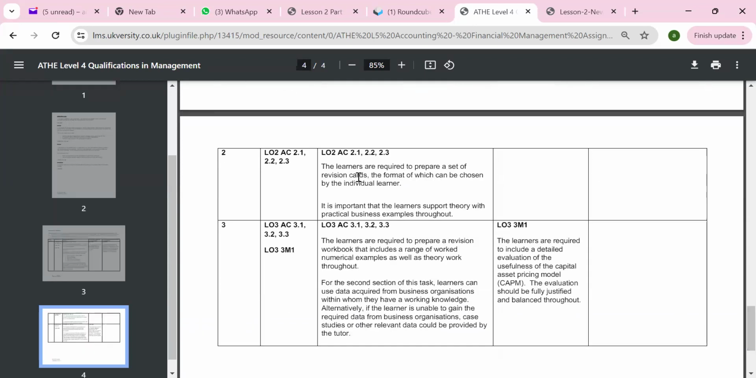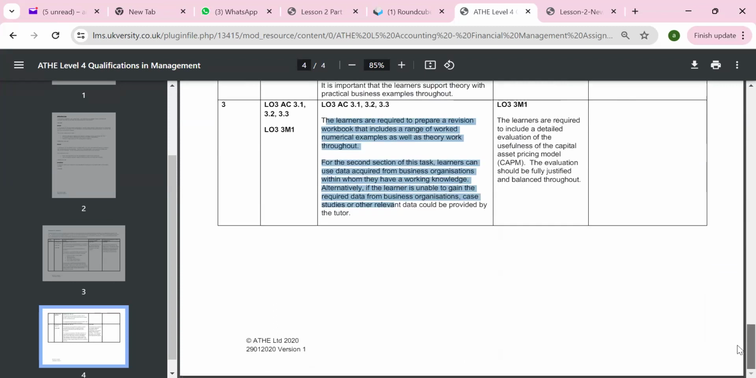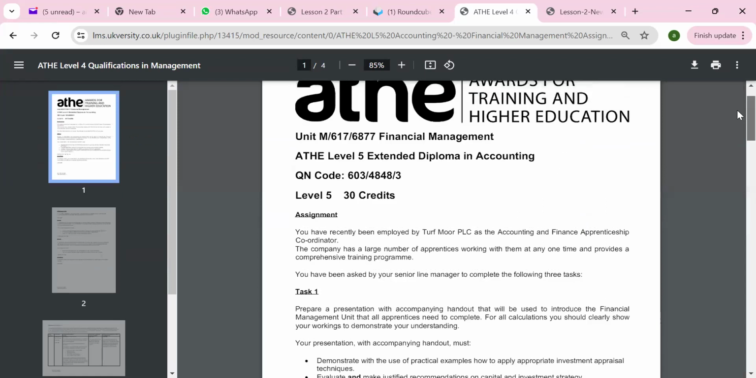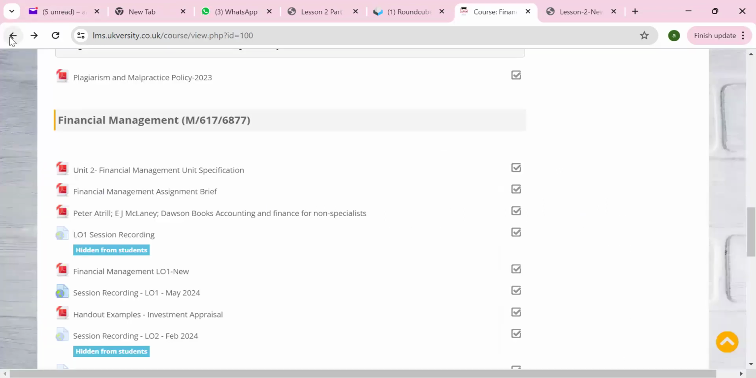In LO2, the learner is required to be supported throughout by business examples. In LO3, you can look at different sources of finance with cost and benefit examples. If you include these, you're meeting the assessment criteria. That's all about the assignment we're supposed to do. And you've been given the financial management book,